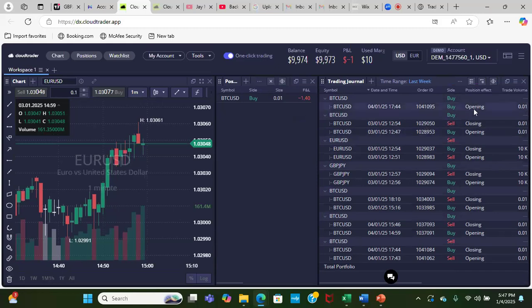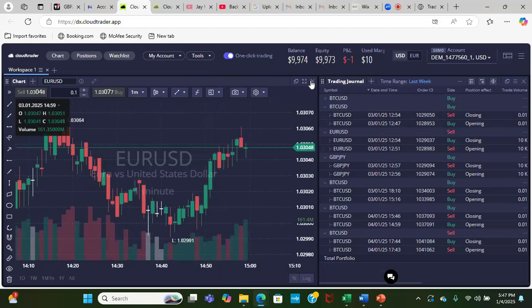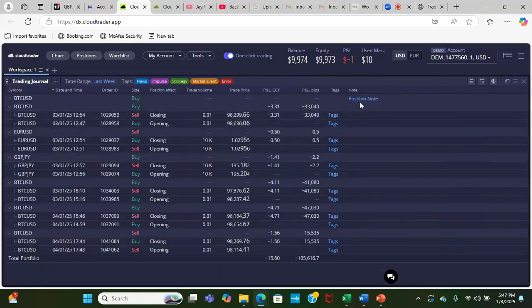And so I just thought it was really cool that you are able to click in and add, let me see. You're able to click and you're able to add position notes. Super cool, right? You can really take your trading to the next level and master your strategy by adding something that worked or something that didn't work, or keeping your trading plan in mind. I just really like that feature.